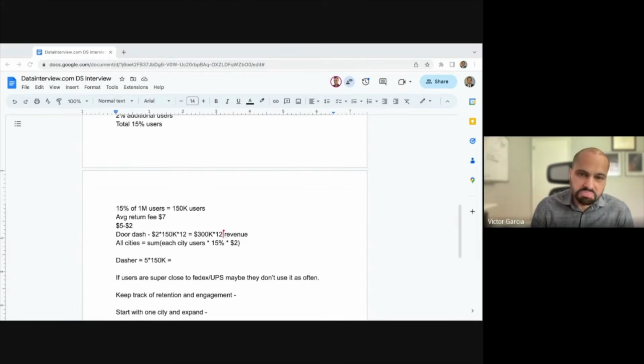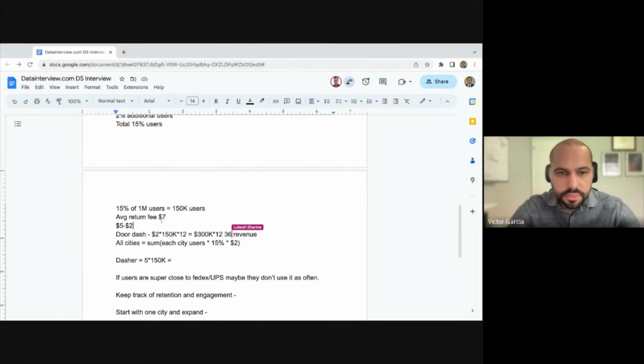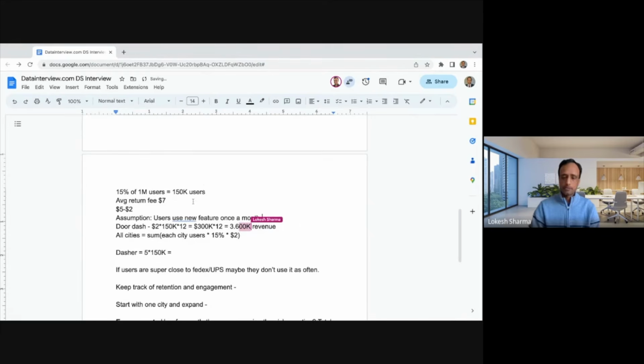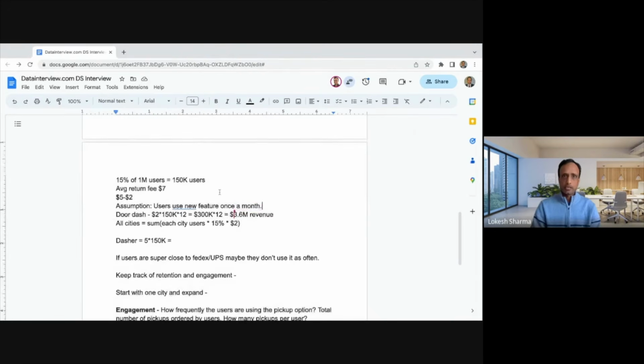Okay. Right? So that will be the per city. It will be 36. Okay, let's make that assumption really clear here. Assumption: users use the new feature once a month. That becomes 3.6 million per city. And then if we do that for every city,